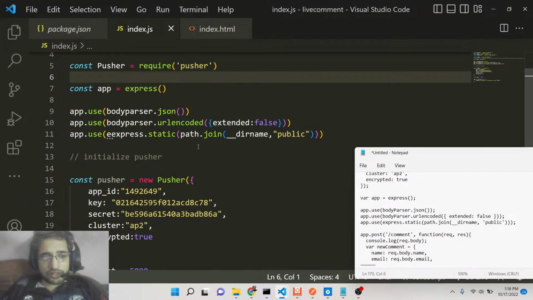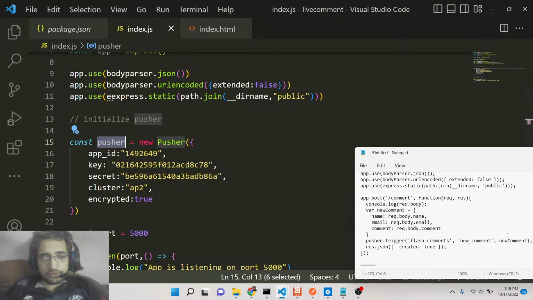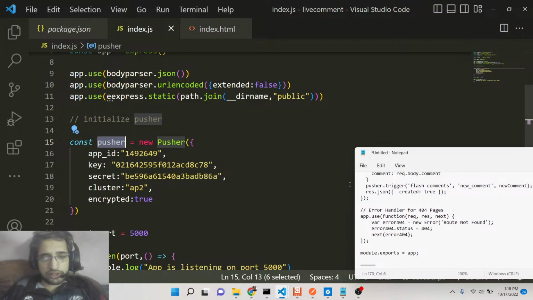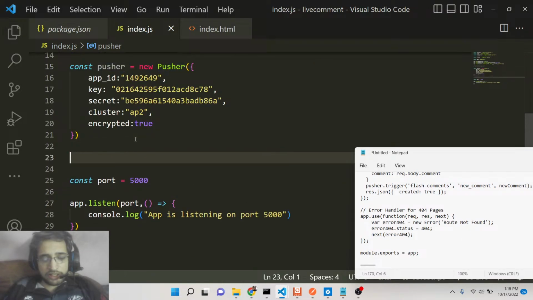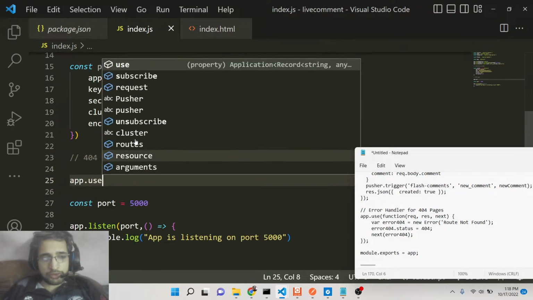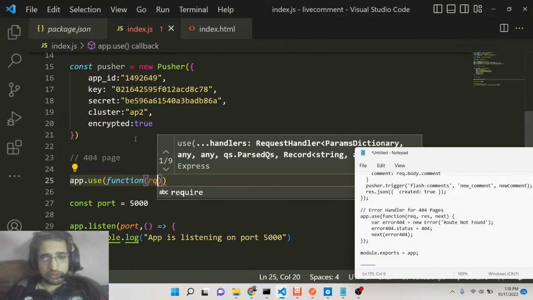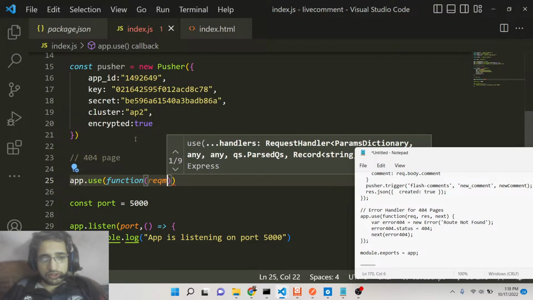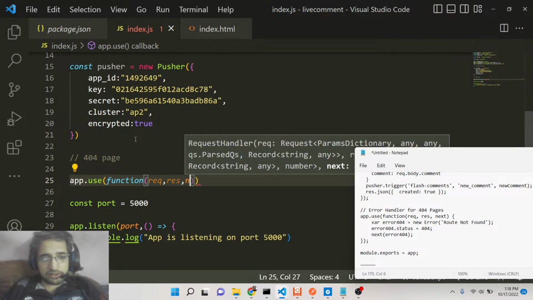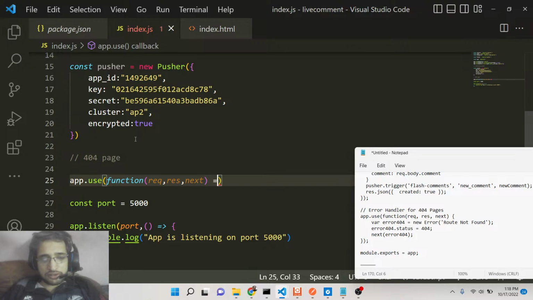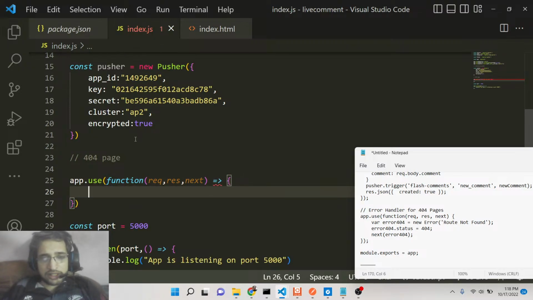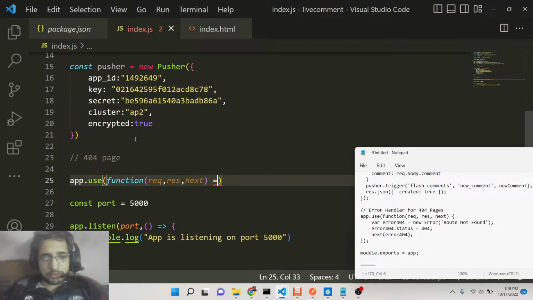Right here, we will also be having a 404 page, guys. If you enter a wrong address, we will be using this middleware function. So we will pass this function, guys, which takes request, response, next. So right here, guys, what we need to do is that basically